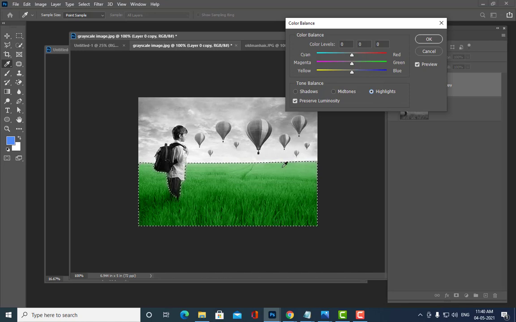Okay, see, these areas are highlight areas, these areas are shadow areas. Like this, see, now it has become very green. So like this you can use Color Balance to completely colorize a black and white image. Okay, only Color Balance we can use.